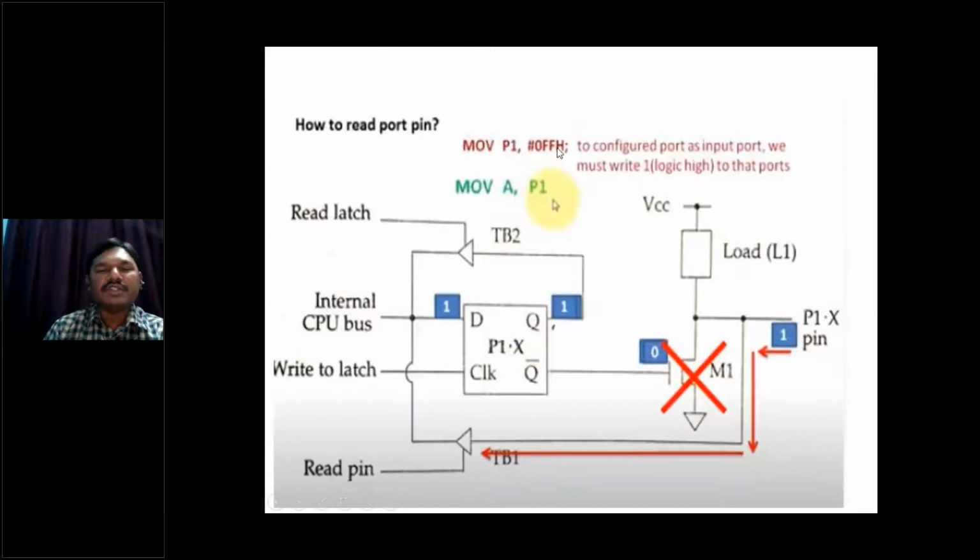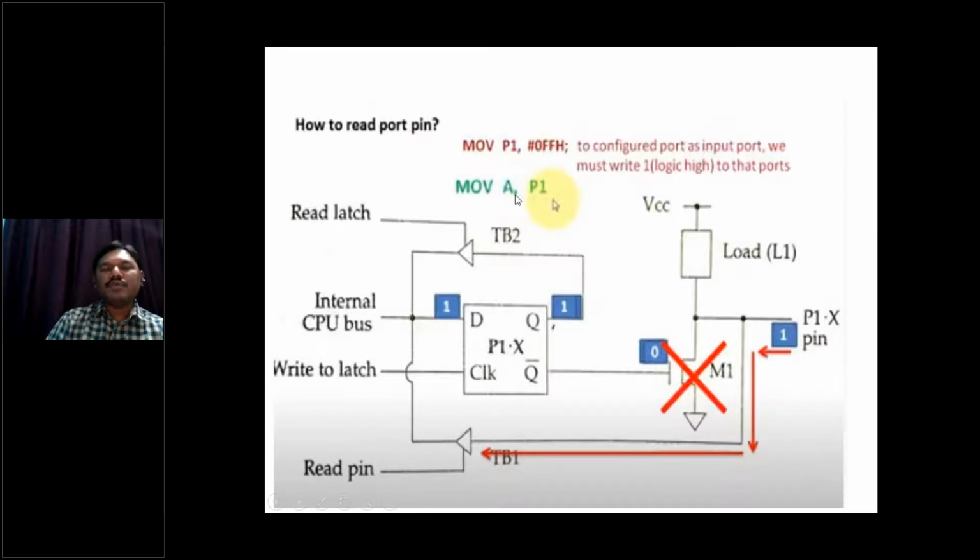Now how to execute this instruction when my P1 is having all ones? Now how can I read the data from the port to the internal accumulator register? Here it goes to the internal accumulator register. Now assume that here again I first want to write some data onto the port, FFH. 1 goes to here. 1 bar is 0. 0 means the transistor is off and it is 1. So P1.0 to P1.7 all are 1. So this instruction has been executed.